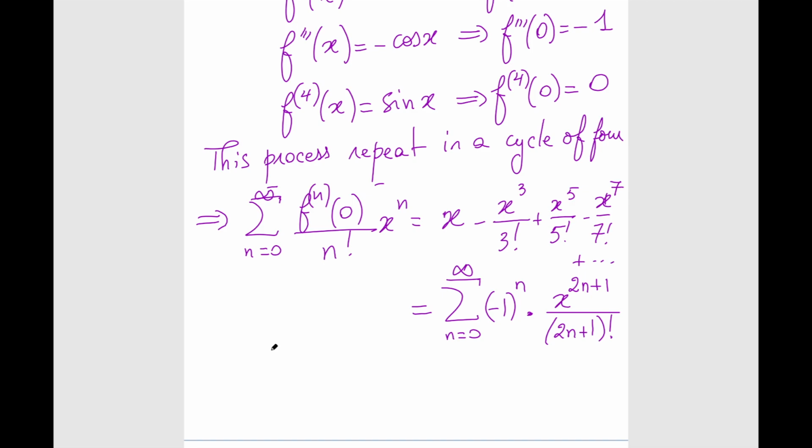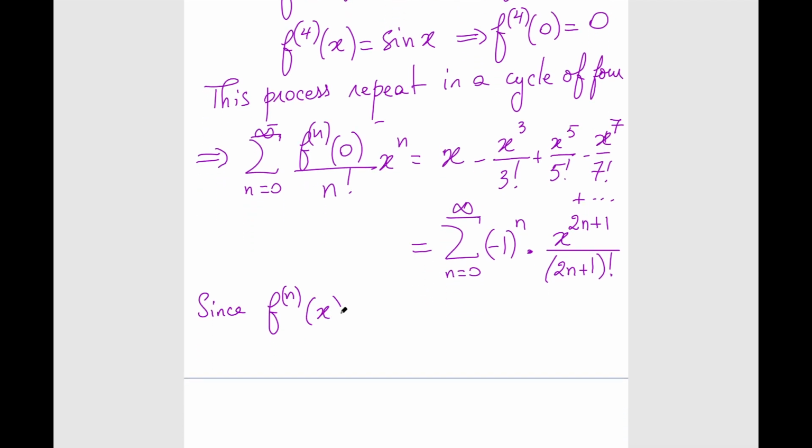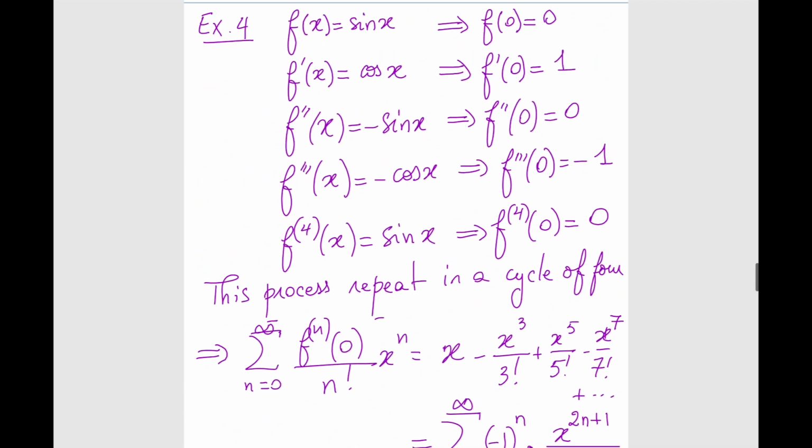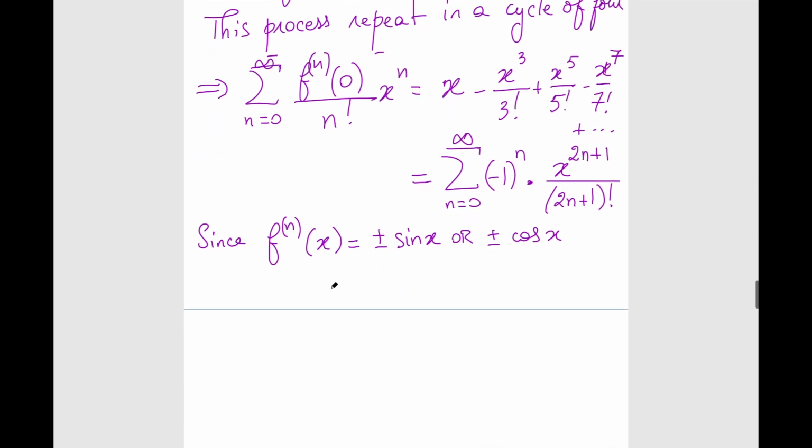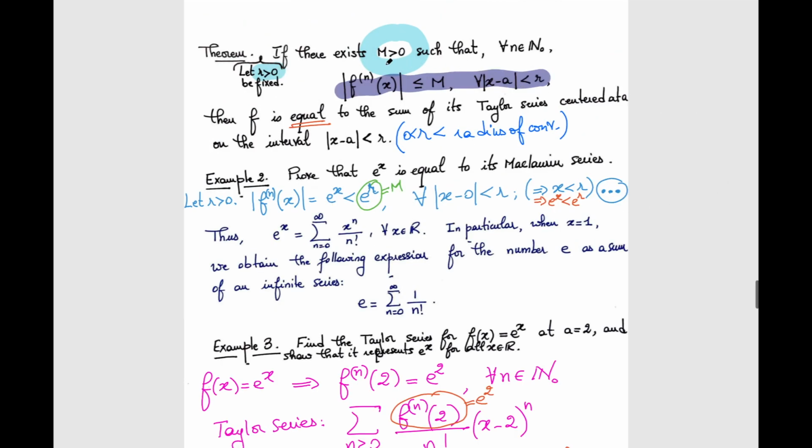What I'm saying is the following. Since the nth derivative of f at x is either plus or minus sine or plus or minus cosine, you agree with this? So these are the options for the nth derivative of f. What can be that M in the theorem? Well, the absolute value of such a function is always bounded above by 1, right? You can take M to be 1 in our context,